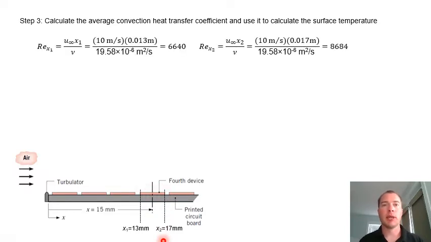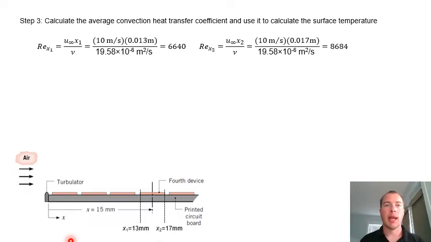We begin by calculating the Reynolds number associated with the flow at the leading edge and the trailing edge of the device at x1 and x2. Because the device is 15 millimeters on its center and is 4 millimeters on a side, the leading edge is 2 millimeters in front of the center, and the trailing edge is 2 millimeters behind the center. We calculate values of the Reynolds number